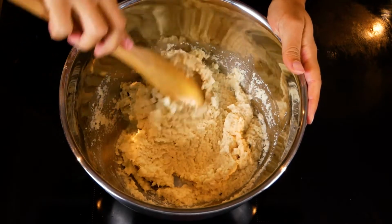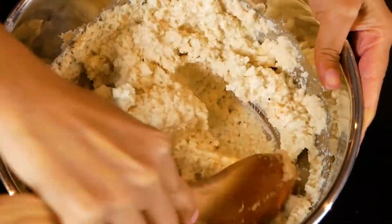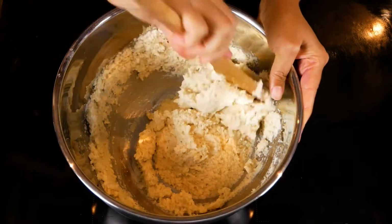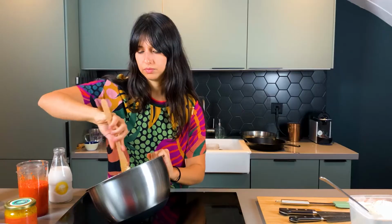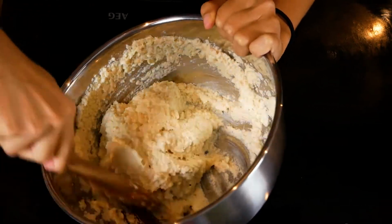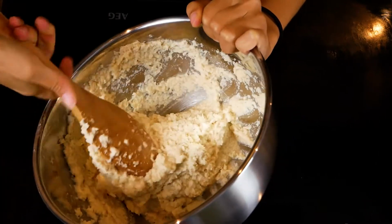Everything is here in this big bowl, and what we want to do, see how the mix is kind of heavy now, is incorporate some air into the dough. See, it's getting more fluffy, so you want to keep repeating this move with the spoon. See, the dough is already way lighter. So just keep going and you can sing for the Orishas. Oh, so beautiful. So yeah, that's what we're looking for. See, nice and fluffy. It almost doubled the volume. We are not only doing the acarajé, we are also filling the acarajé with